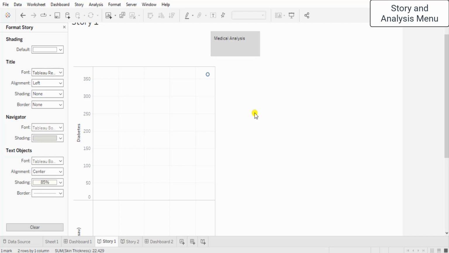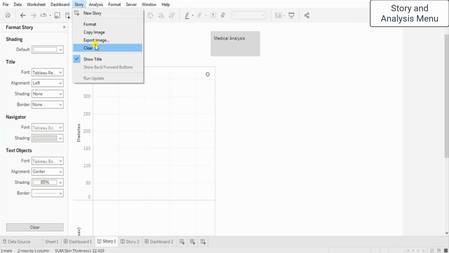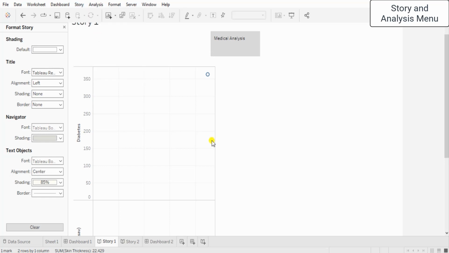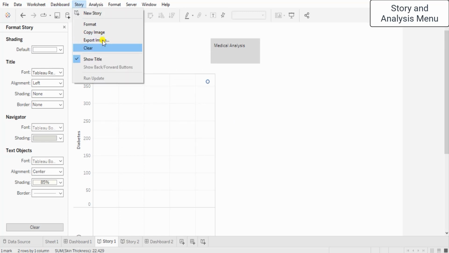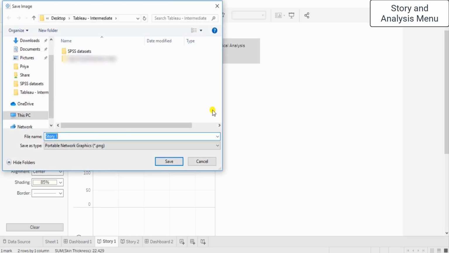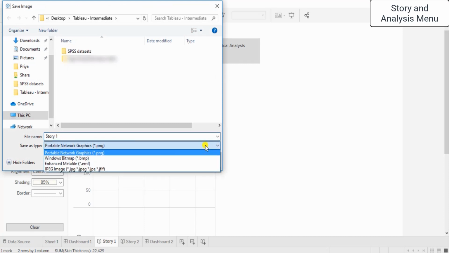So this is what we have as far as story is concerned. What more? We can copy the image, we can export the image. Let's copy the image. Not created any image as such really, but it's not okay. Let's do one thing. Let us export the image. Click on export. Yeah. So it is telling us this is the PNG format that it will export, and if